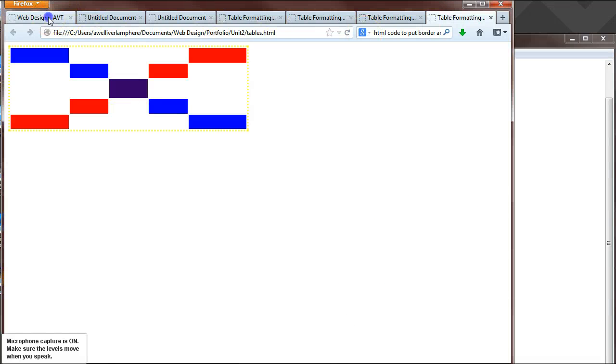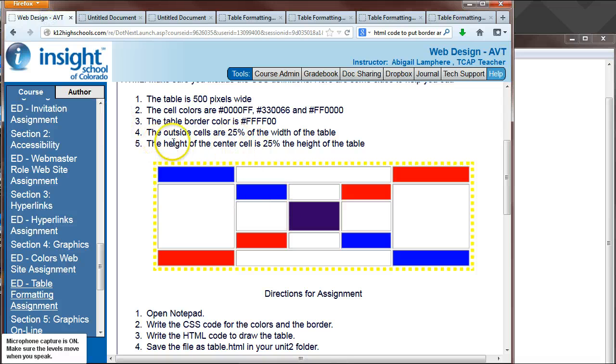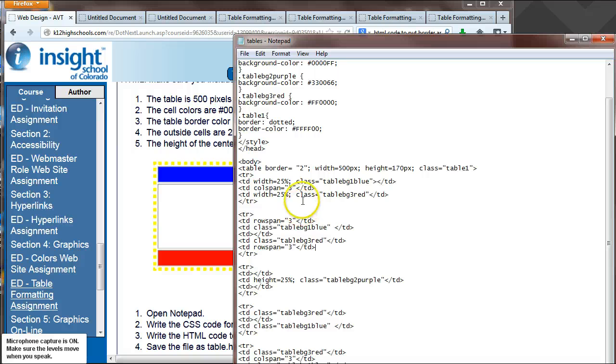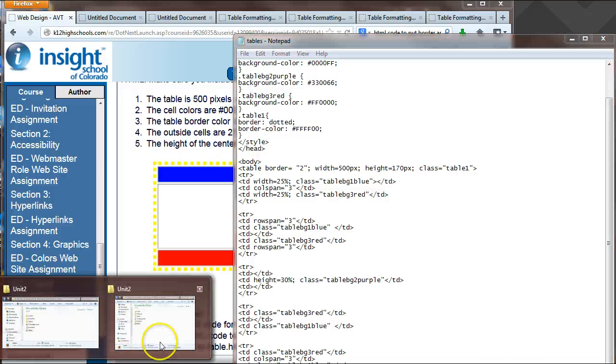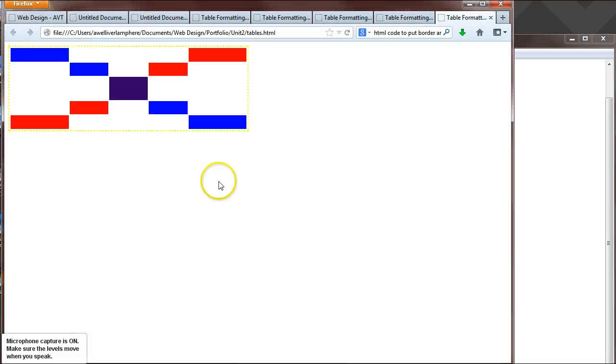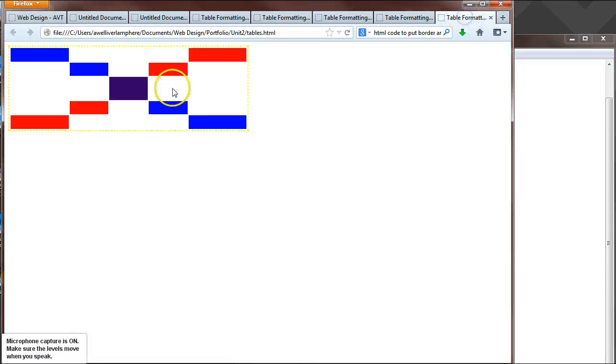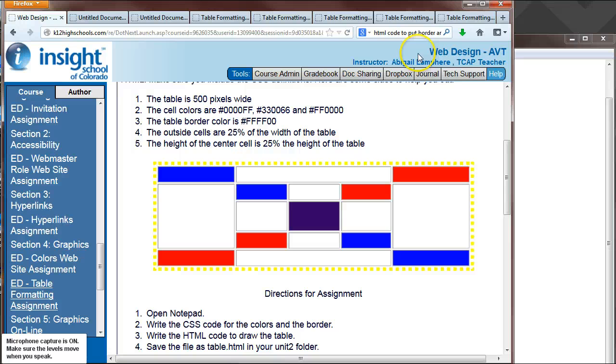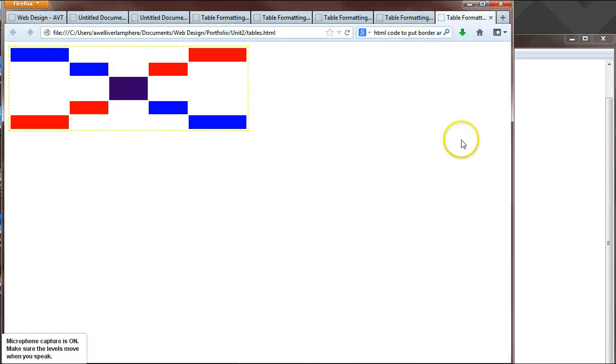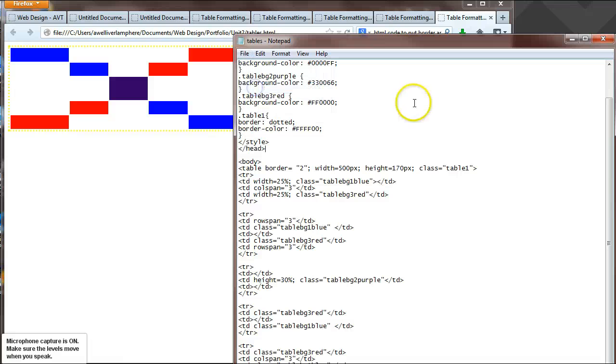And I still want that row, even though they gave me a specific percentage of 25% of that middle cell, I'm going to go back in and make that just a little taller. Because to me, it looks like that cell should be a little taller in order to match exactly what they have in the image. Alright, so that looks pretty good to me. So I increased the percentage of height of my middle cell here, and I think that matches pretty good to what our instructions show. So I'm going to file, save that, and that is what you'll want to submit for